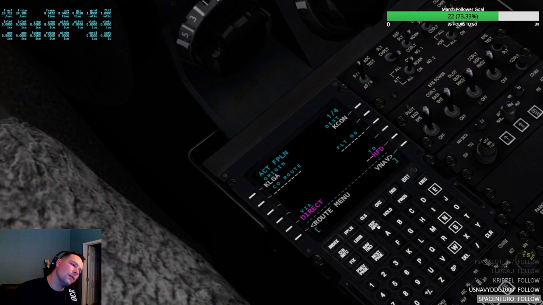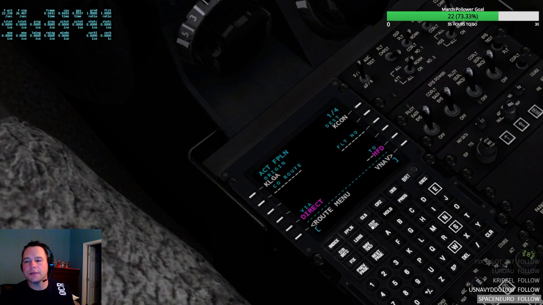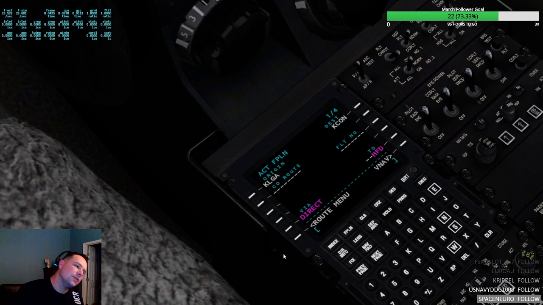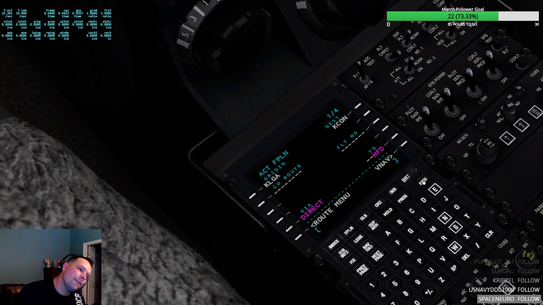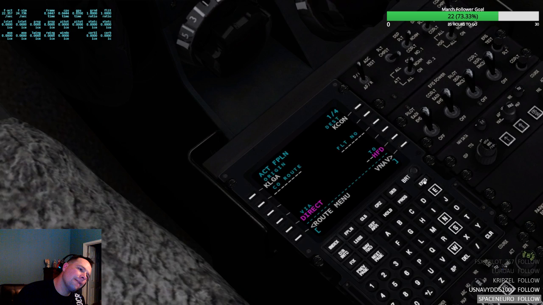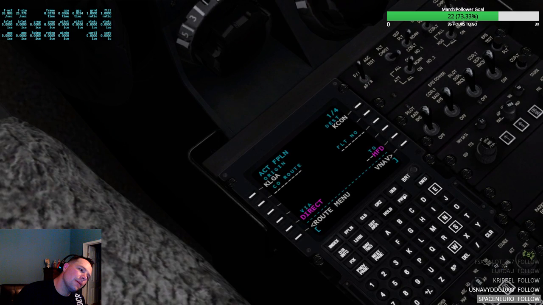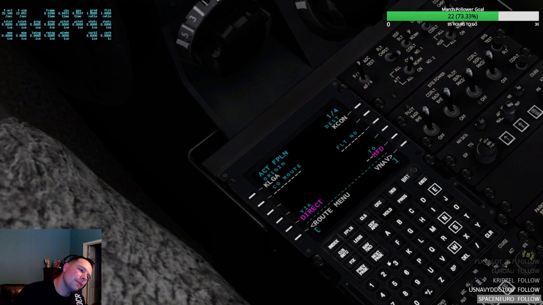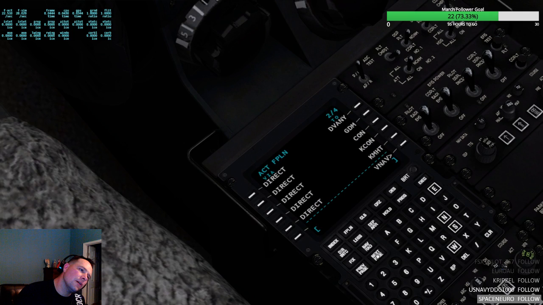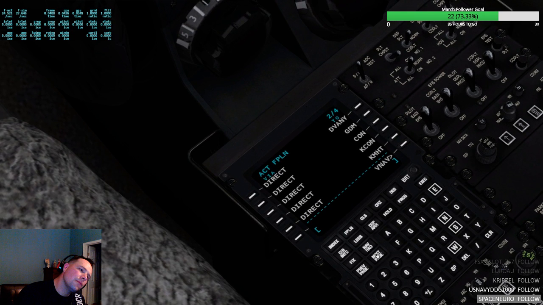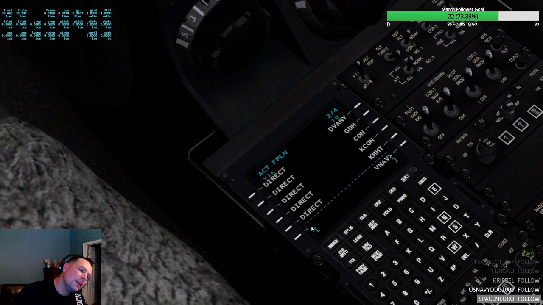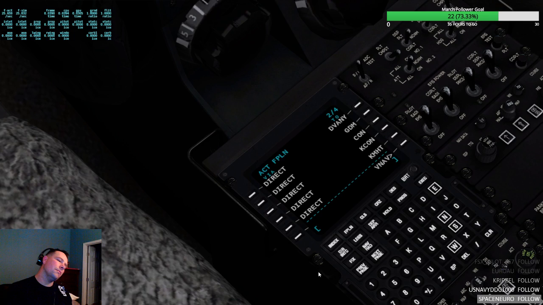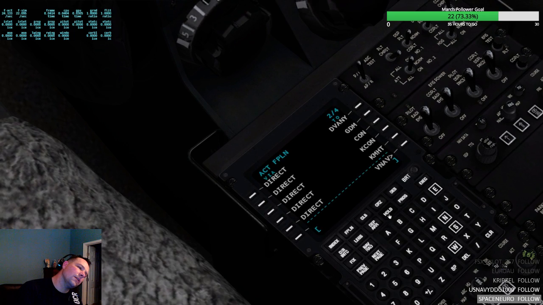Is it... the map only gives you 60 by 60 nautical miles. Okay. Yeah, I was just trying to see if I think execute, right? Okay, flight plan. I don't want to mess things up. KCON, direct. See, the way that I set my flight plan might be the more difficult thing